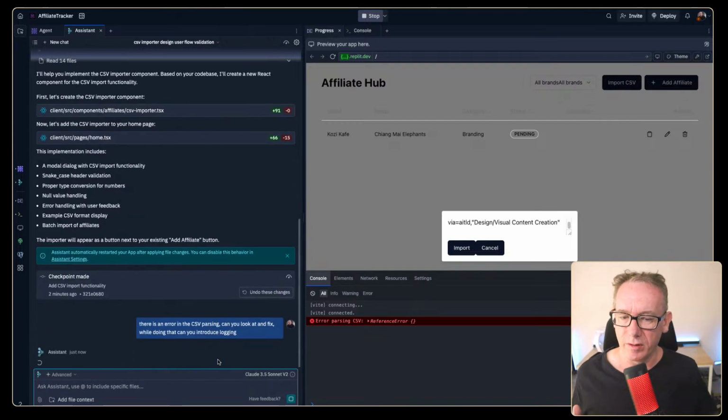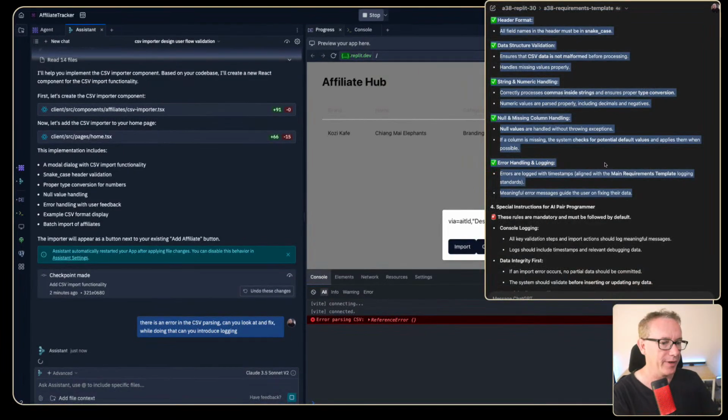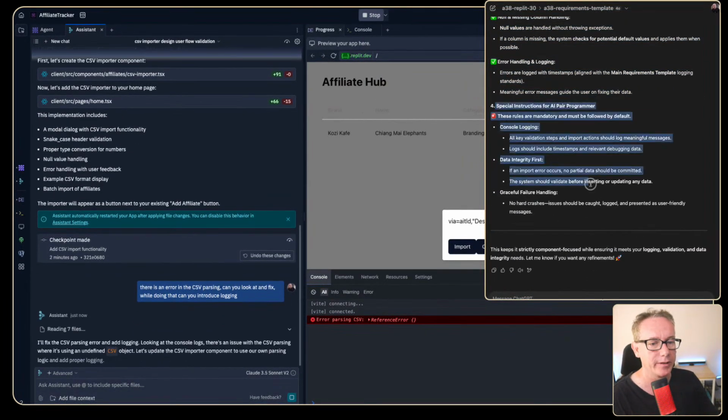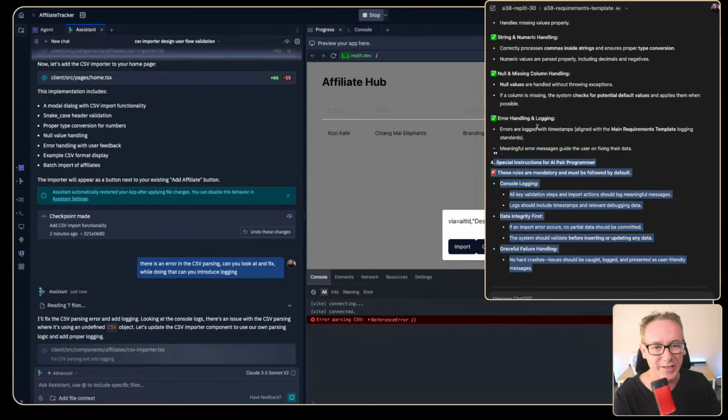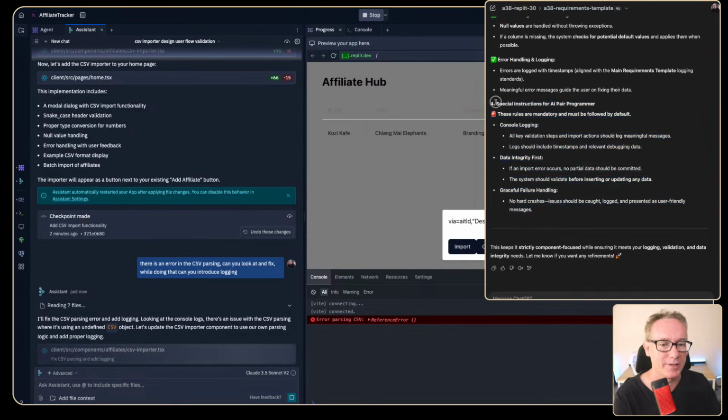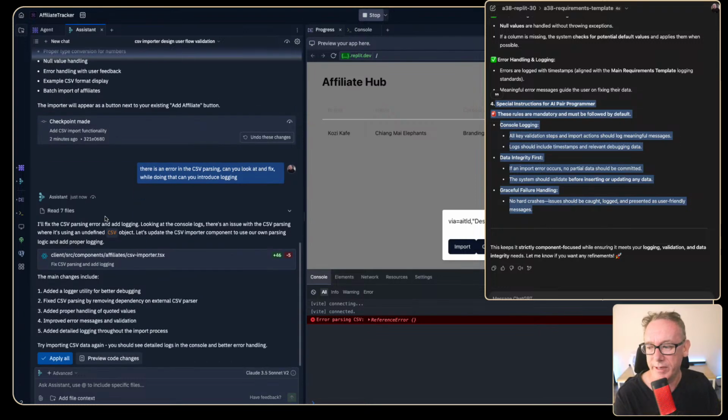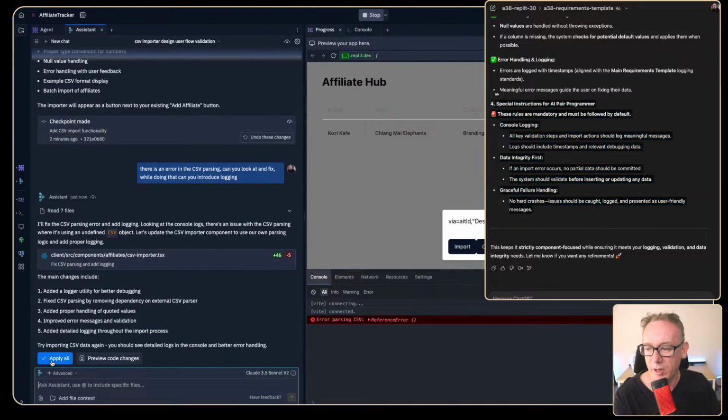And the prompt that we were looking at earlier, if we just bring it up over here, had all that logging. This is all the special instructions, and I didn't put it in because I don't feel that they do it anyway. I don't know why they're not following these instructions, but every test I've done up to date, this is not actually happening for me. So we'll do an apply all,